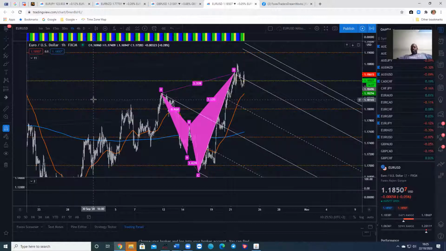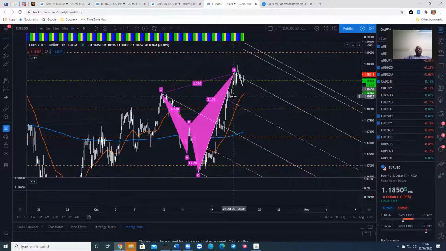I've got the 62 EMA, and then I just have a quick look, because different pairs move at different speeds, but I can see generally a confirmation like the euros are going up, GBP is going down, or vice versa, but we haven't always been getting that, so it's kind of like being in a bit of a snowstorm. So there's our D point, which was 21st at 7 a.m. UK time.